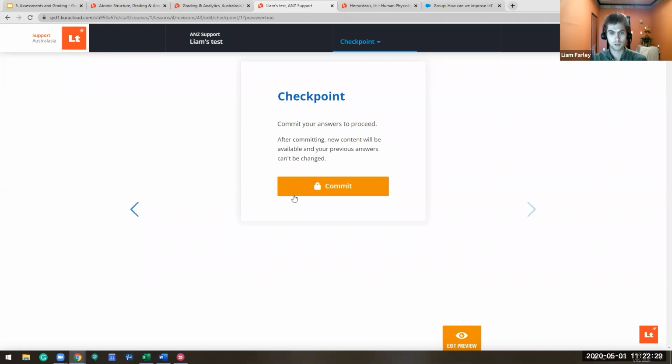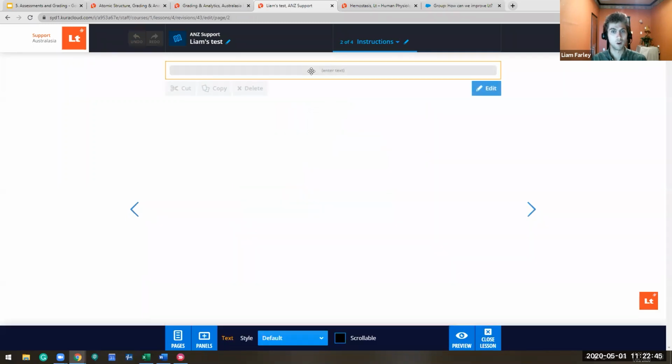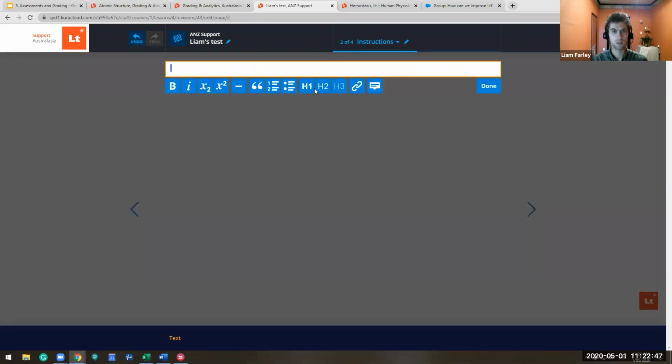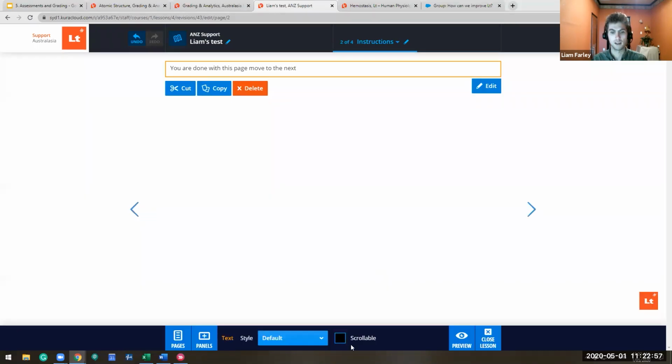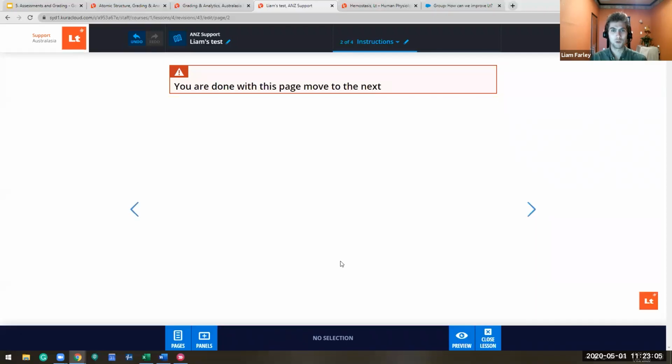Making sure that students are fully aware and understand what this page means is something you probably want to be detailing on that instruction page at the start. I would also recommend having some very obvious signage before that commit page, like 'You are done with this page, move to the next.' And you can change the style to make this very obvious to students,